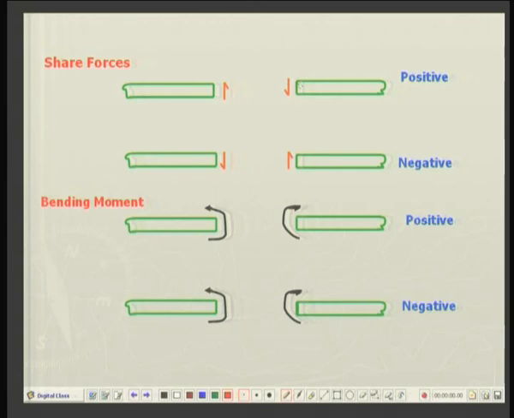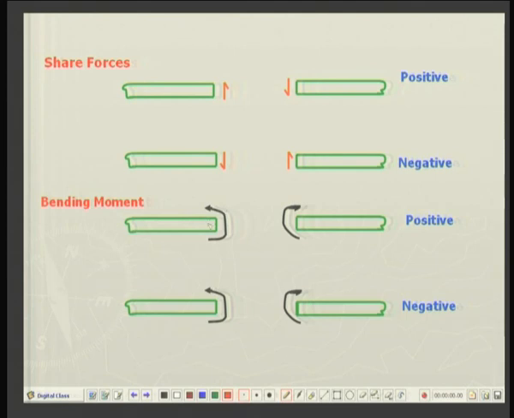And similarly, considering the vertical forces, the previous were for the axial forces, now vertical forces. On a positive surface, a positive upward force in the positive y direction, or on a negative surface a downward force, that will constitute a negative shear force. Similarly, on a positive surface, a negative downward force, or on a negative surface a positive upward force, that will constitute a negative shear force. And the same combination of signs will give me the positive bending moment or a negative bending moment.